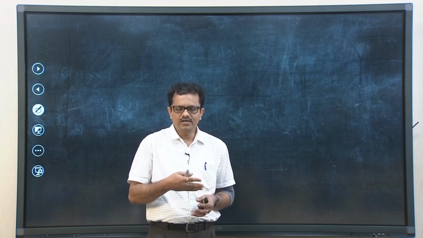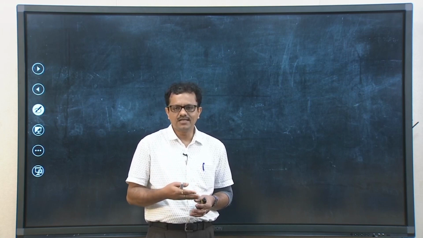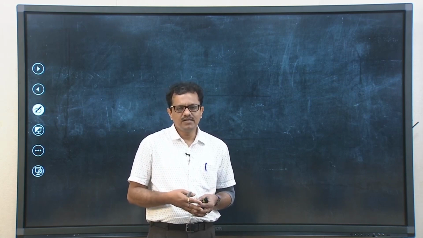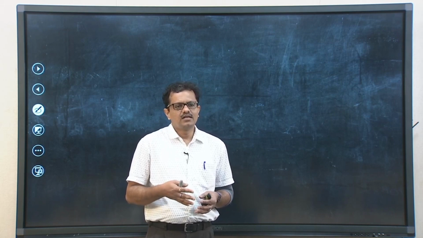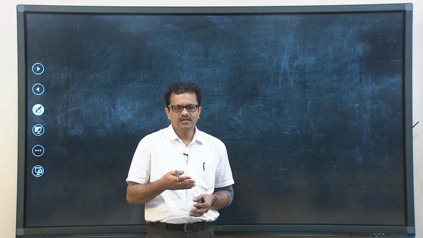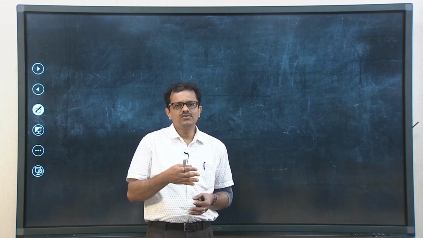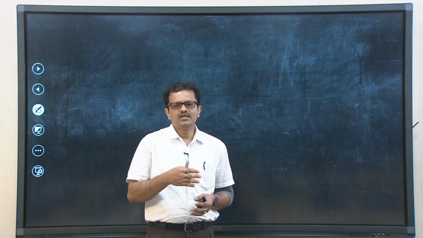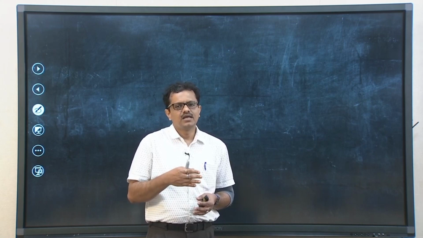Hence, the working fluid flowing through the turbine is steam, hence the name steam turbine. And while steam is flowing through the turbine, there are several blades mounted on the turbine wheel, and